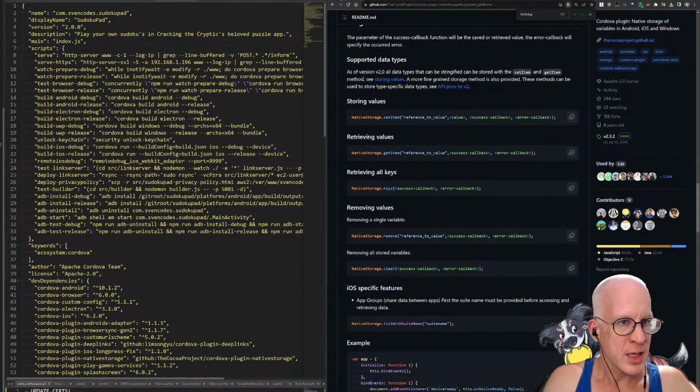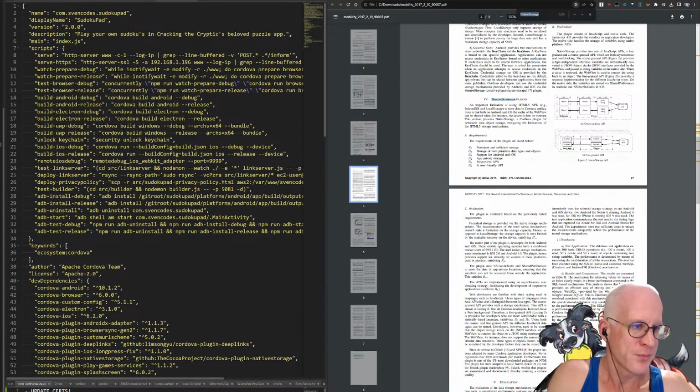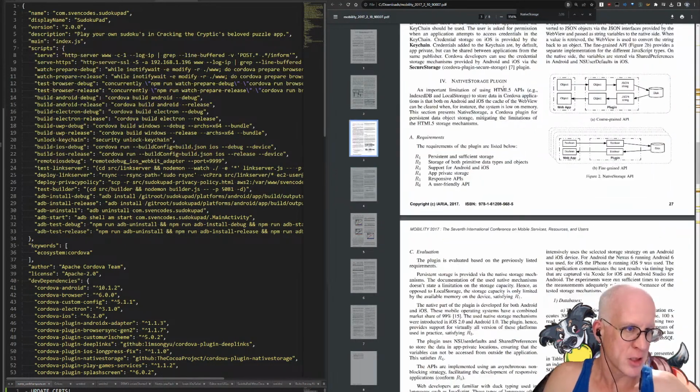So we could go back to that research paper here, right? So an important, okay, this is small even for me. I'm gonna make it a bit bigger. So an important limitation of the HTML API is that the cache of the web views can be cleared when, for instance, the system is low on memory. This section presents